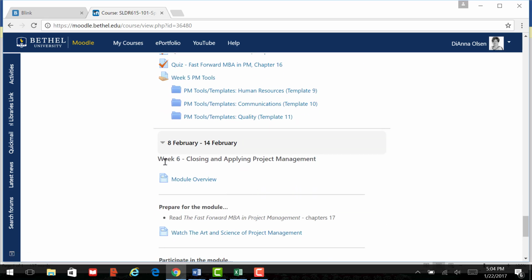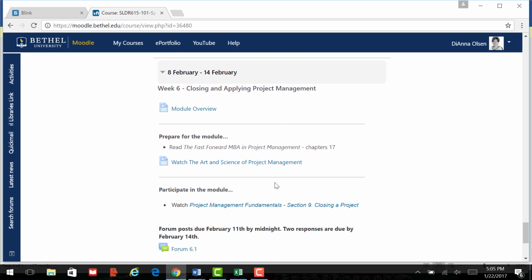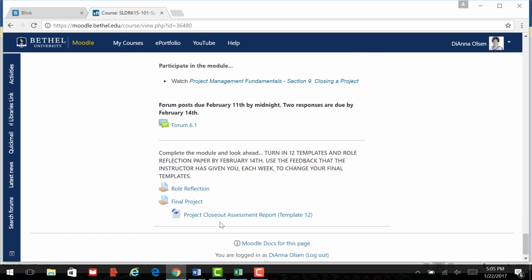Then when we get to week 6, we hit closing and applying project management. Closing is one of the most important things. Have you ever had a project where you feel like this is really dragging on and it never ended, but it never quite was successful either? And of course, being able to apply these knowledge areas will help, but we also have to officially and formally close out our project. And so what you do in week 6 is you fill out a project closeout assessment